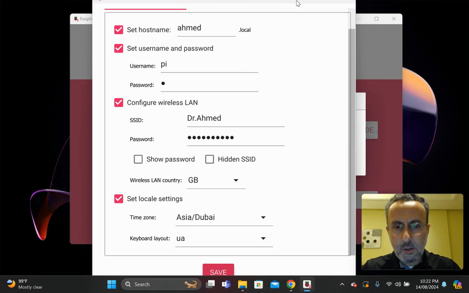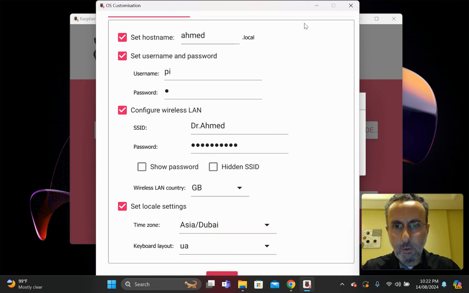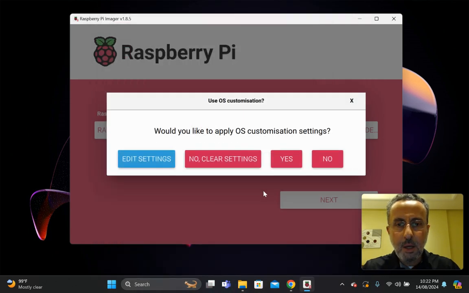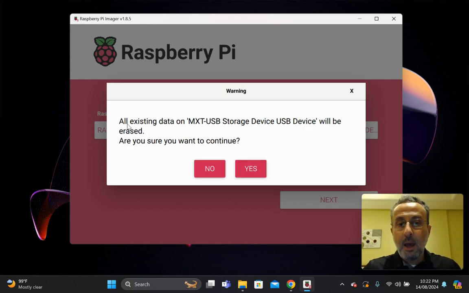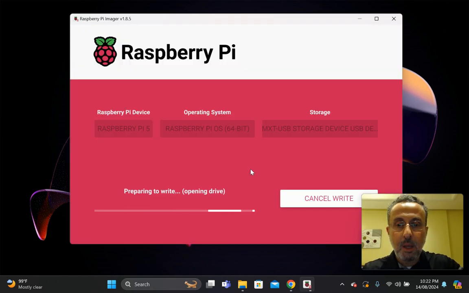Save. And it asks, would you like to apply operating system customization settings? Yes. And it warns you that everything will be erased if there is any important data. Please don't forget to format your micro SD card. Yes. It starts